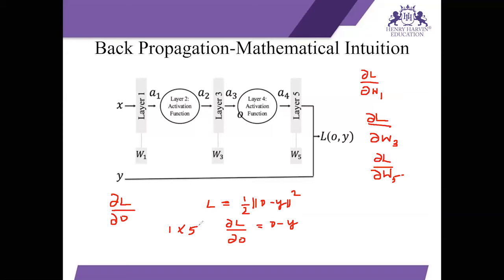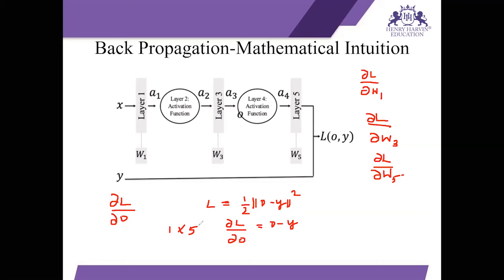Now what do we do as the next step? We got the gradient of the loss with respect to the output. Now let's suppose that the output was m dimensional, which we were calling 5. Then the size of your gradient will be 1 cross m, or 1 cross 5, which is a row vector. So we have dou L by dou O. We can compute it if we know what the loss function is. It is pretty simple, right? Now, what is the next step?